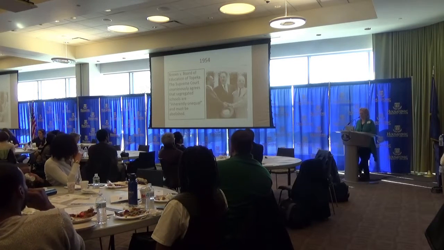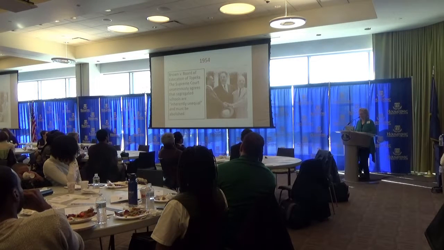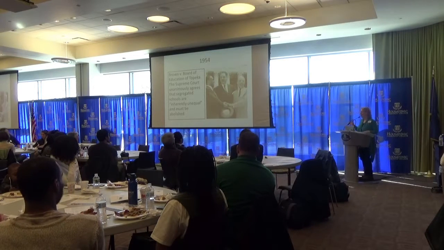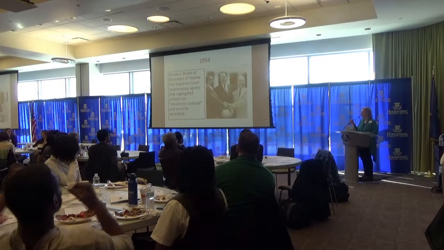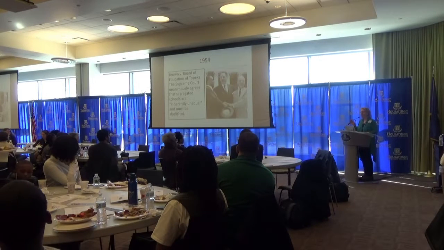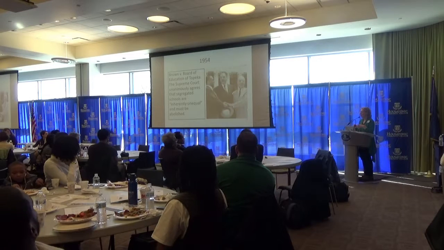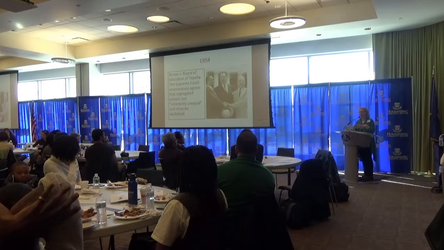1954, Brown versus the Board of Education of Topeka. The Supreme Court unanimously agrees that segregated schools are inherently unequal and must be abolished. So this is often held up as a really important moment in the civil rights history of education, and I just want to flag the side of it that had some negative effects, which was that when schools were segregated, which was unfair and inequitable, the positive thing that existed in that situation was that black students had black teachers who lived in their community, who knew them, who understand what was going on.